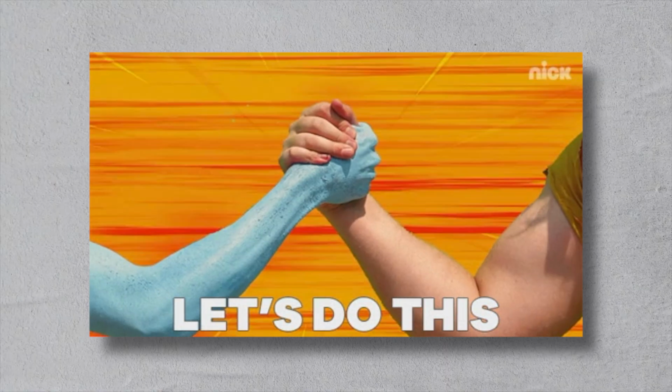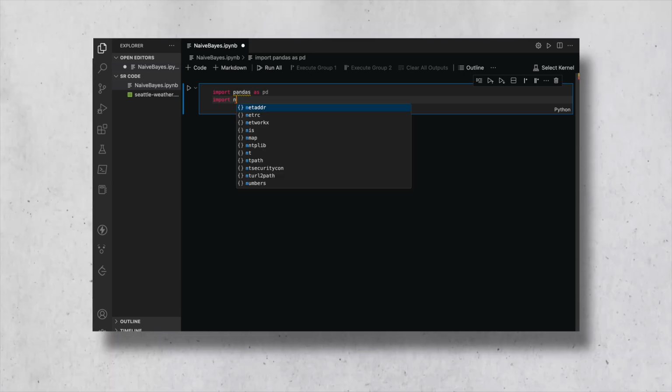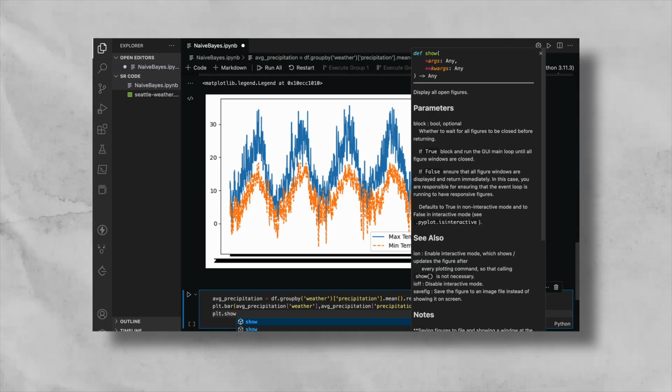In this video, we're going straight to the heart of naive Bayes. We'll dive into the code to show you how to import data, pre-process it, visualize it, and build a model